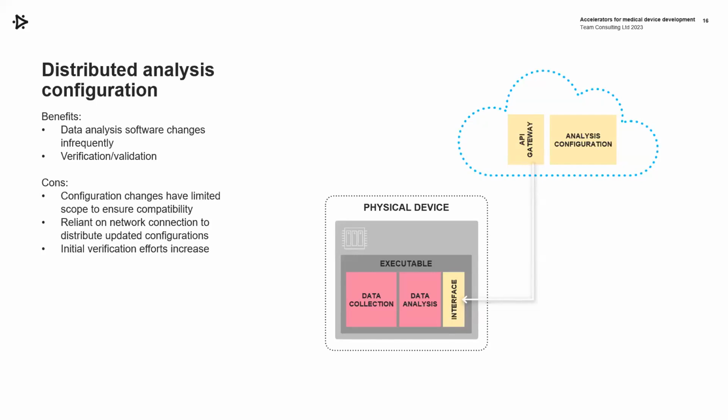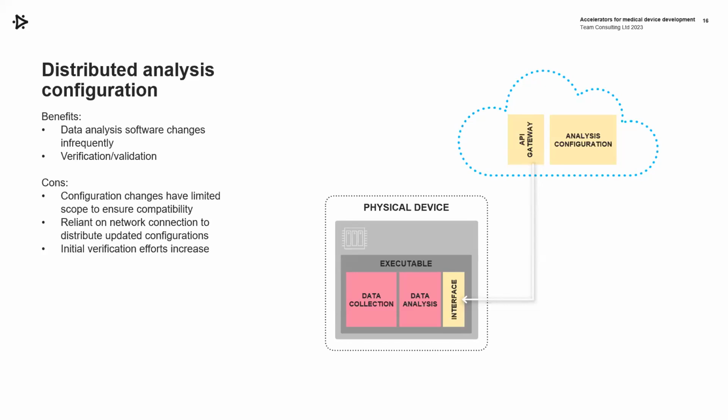Now, the benefits are that, again, we potentially reduce our number of software updates, and we are able to asynchronously receive new configurations. We potentially have to do less verification on the device because we're changing it less frequently, and